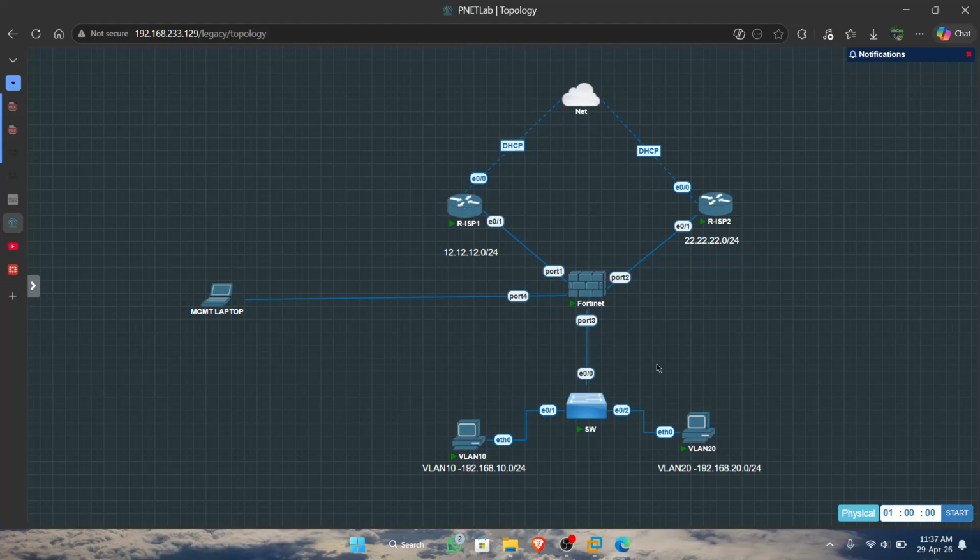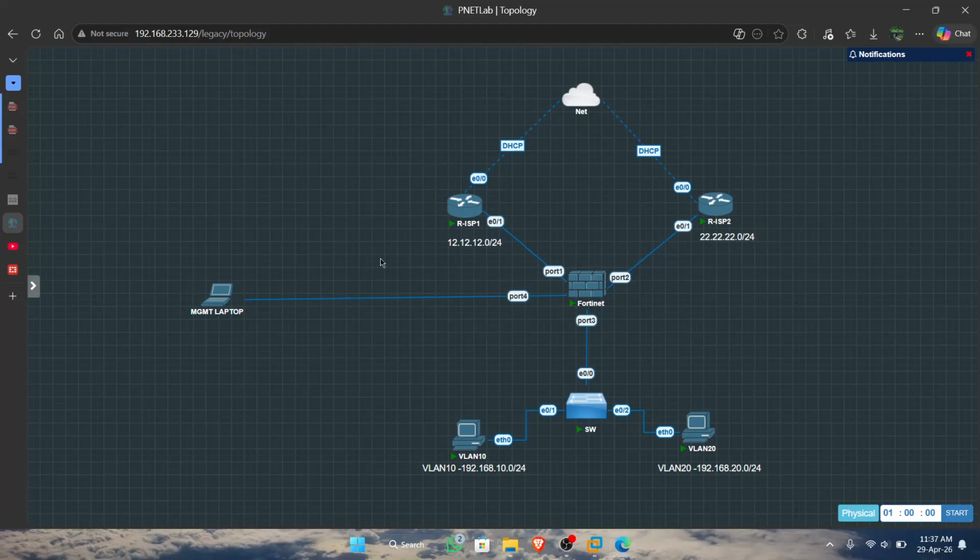In the switch, I managed to make two VLANs, VLAN 10 and VLAN 20. After this, I have the basic IP address configuration for ESP1 and ESP2.